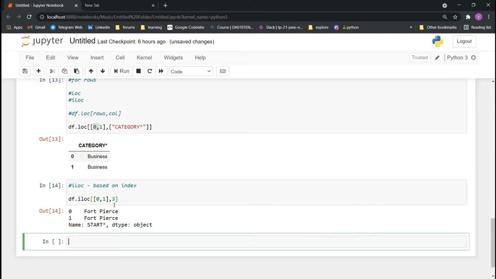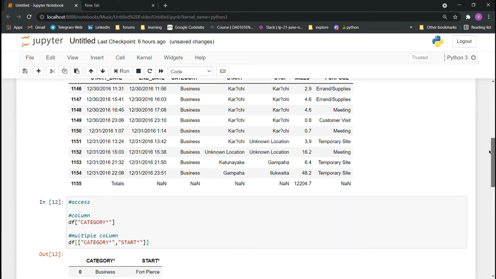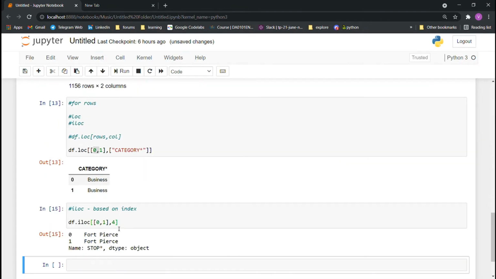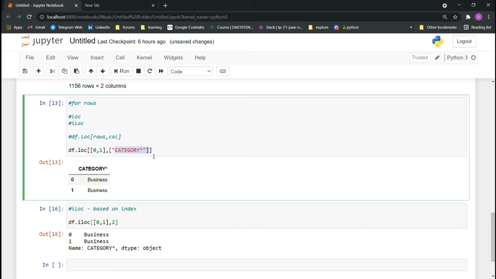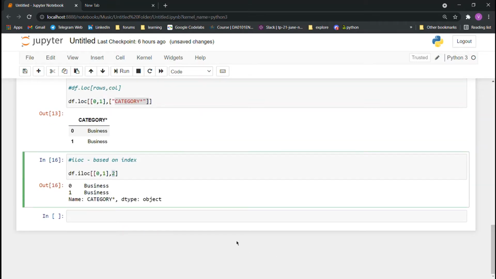Yeah, there is the name start and type object. Category is at index number 2. Both give the same data. We use labels in loc and we use index in iloc.